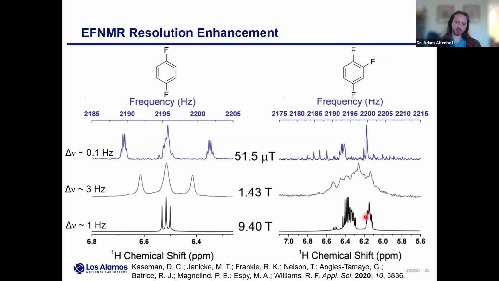And compare this to a case where now there's actually chemical shifts. You can see at benchtop, which is the sort of comparison in terms of price point, the resolution is really just not there. Whereas in Earth's field, relying just on the J couplings, with the really high resolution, this is enough to fully characterize the system by way of J coupling. Again, access to the sign. And I leave this to the audience. You tell me which of these spectra you would ultimately want to characterize your sample.